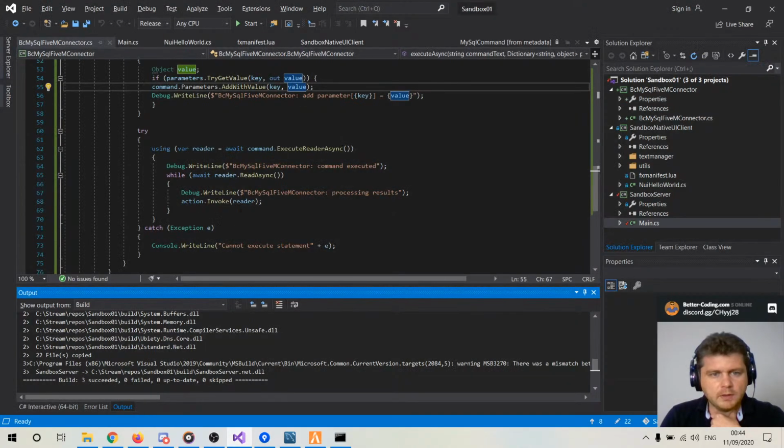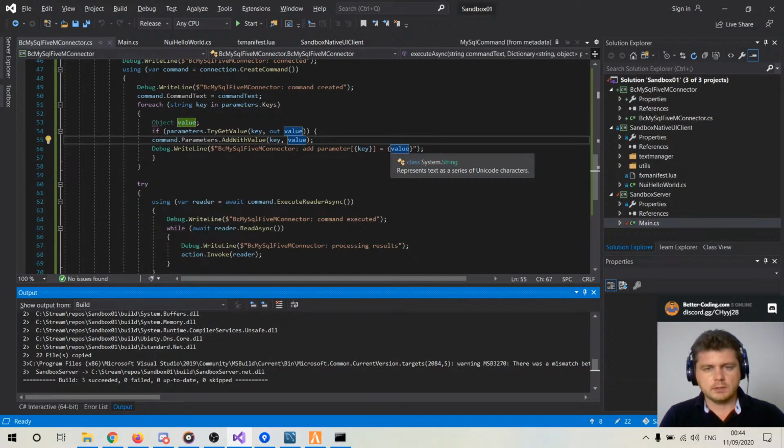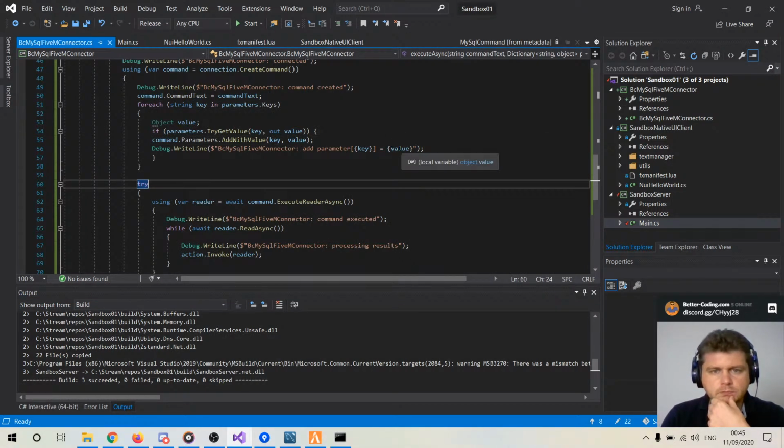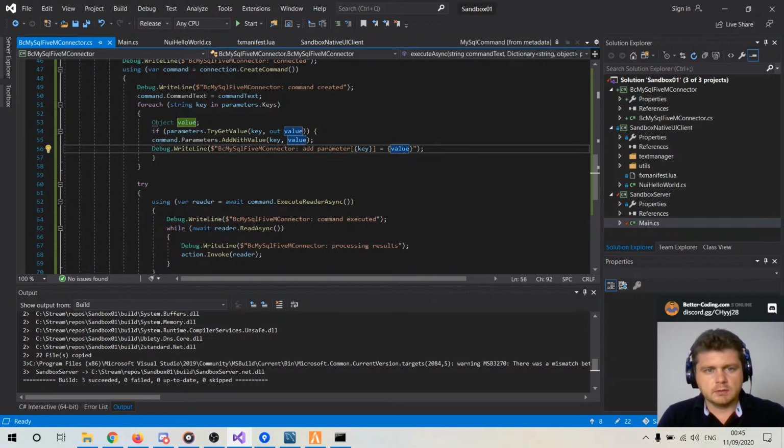Okay, I need to find the bug because I think that the value is 3, but so